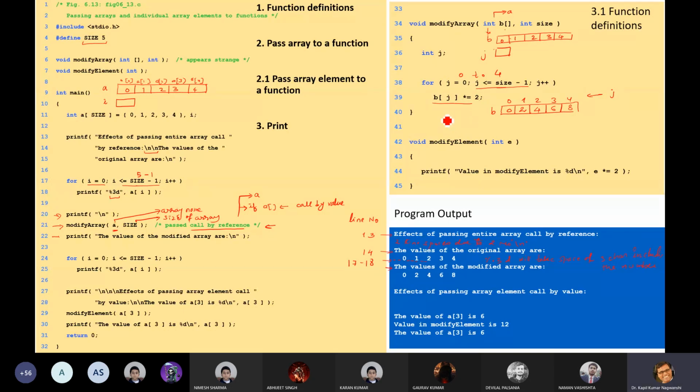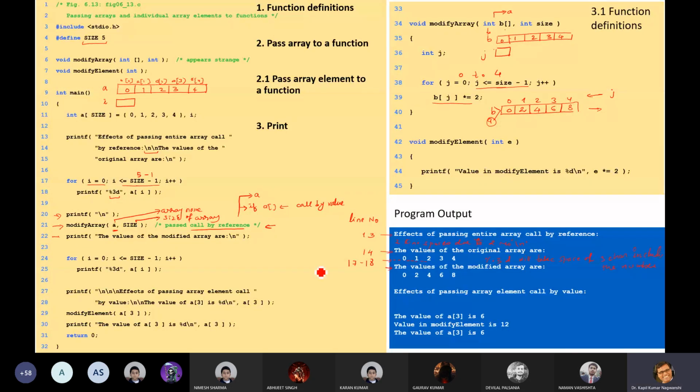Now this function we have called, and whatever modification we have done, A and B are both using the same thing. Only aliases are there. Okay, so now this A will be written here.